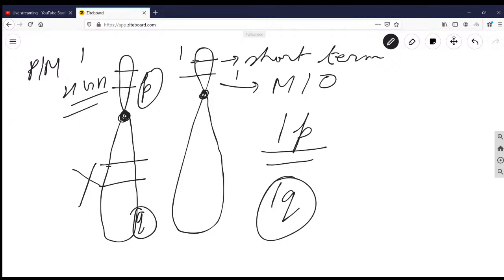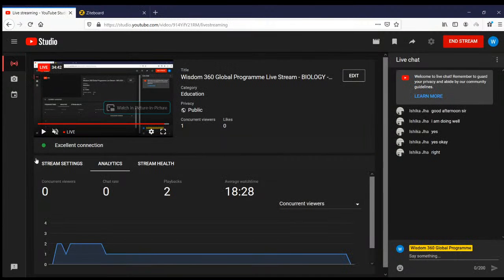So alleles are located on the same locus of the homologous pair, or on the homologous chromosomes, but are not identical in their genetic sequences. That is why they are known as the alternate form of the same gene present on a homologous pair of chromosomes. That is the way alleles work, and that is the concept of alleles, and how they are different and how they are known as alternative forms of the same gene.